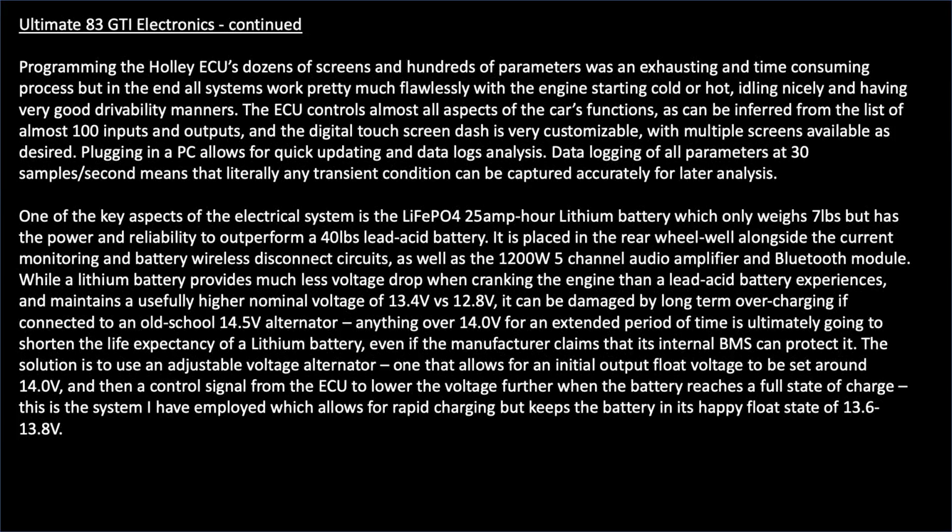It just reduces their life expectancy. So I got all that figured out where it'll let it charge quickly up to 14 volts, and then it'll keep it from going over 14 volts. And I also have a